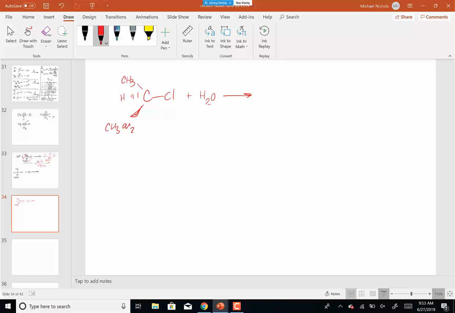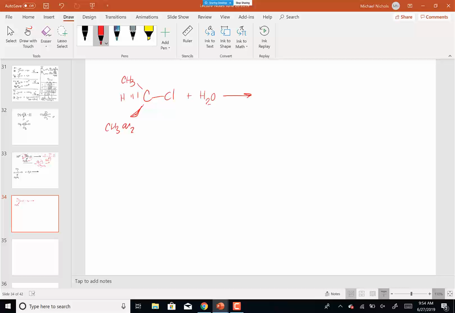If this reaction went by SN2 and the water came in and kicked off the chlorine, then I would end up with inversion of configuration. I would end up with bimolecular kinetics. The rate would be that less sterically hindered would be faster. And in this reaction, none of that is true. The rate doesn't depend on the nucleophile. The stereochemistry is not an inversion, it's a racemic mixture,